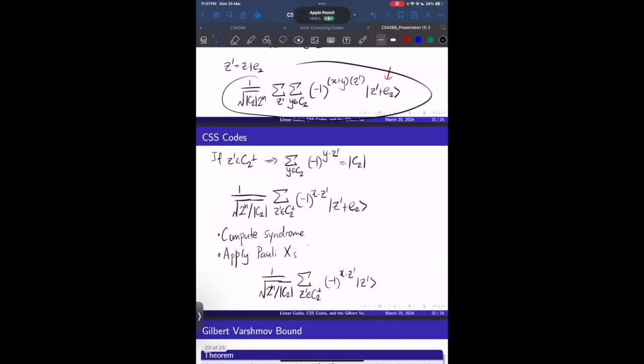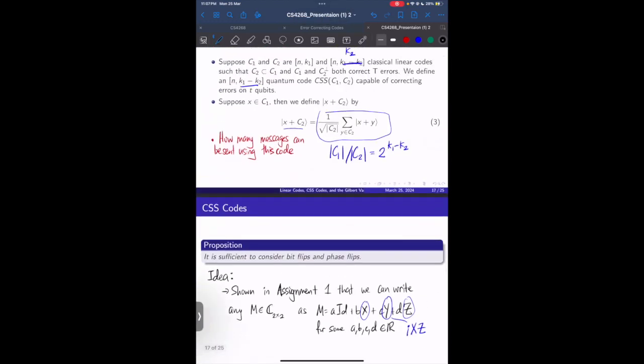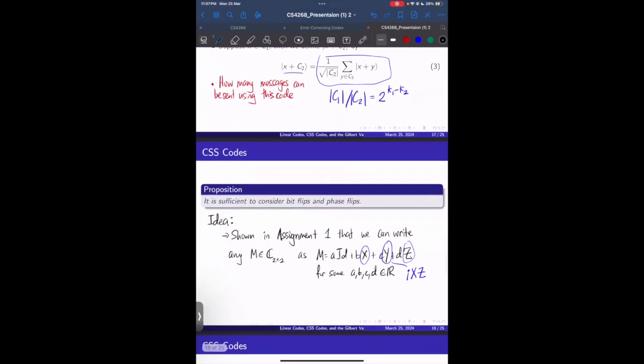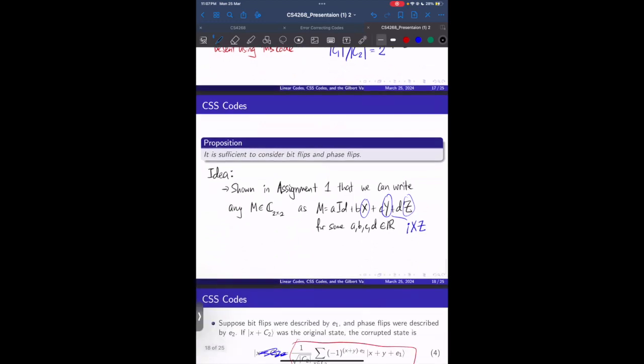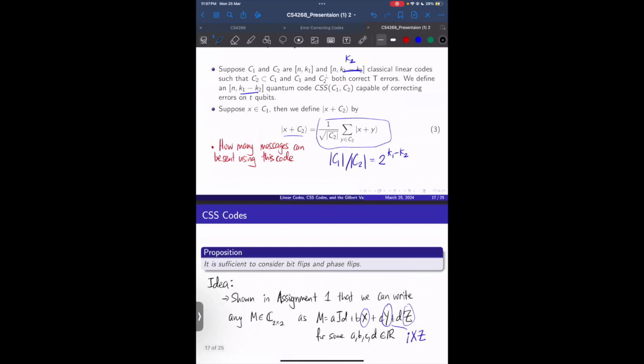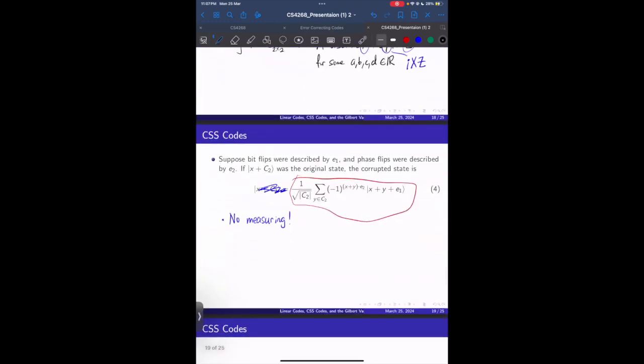So just to recap what we did, right? We said that it was sufficient just to consider bit flips and phase flips. So from this original state, we get this, where this is the phase error and this is the bit flip. And we know that we can't really measure it, because then we will just collapse it to one state and